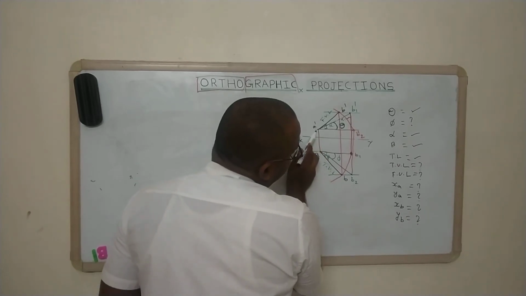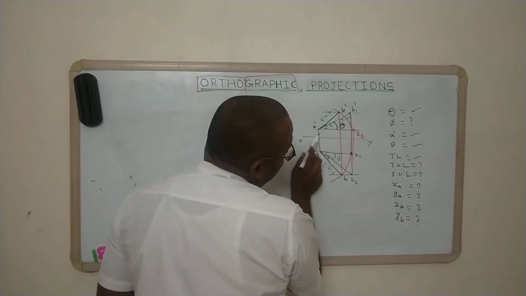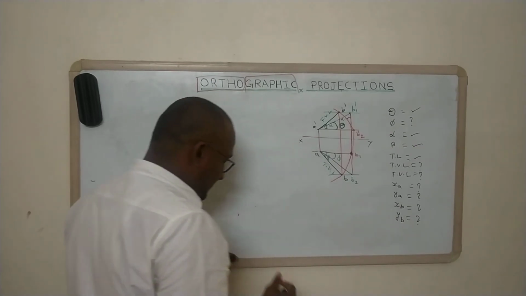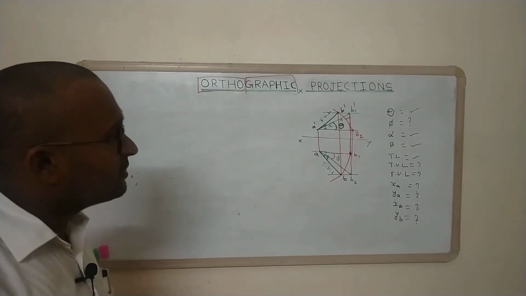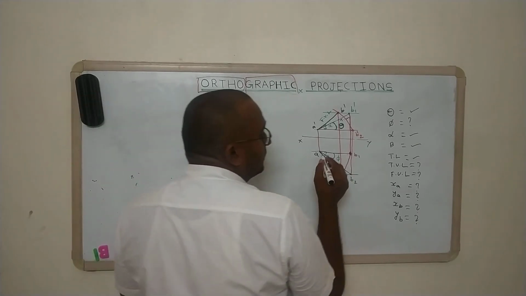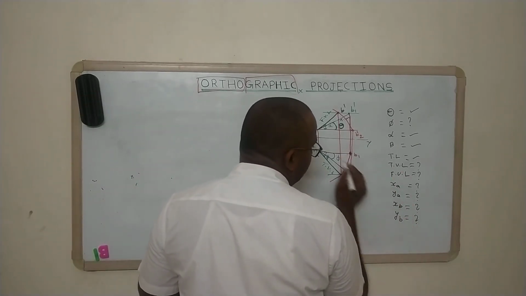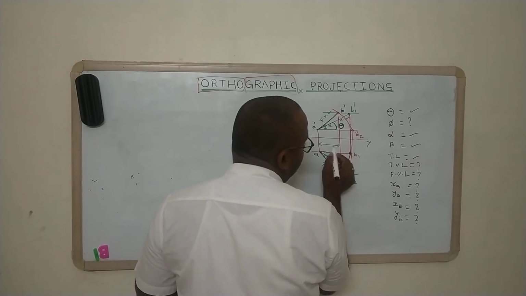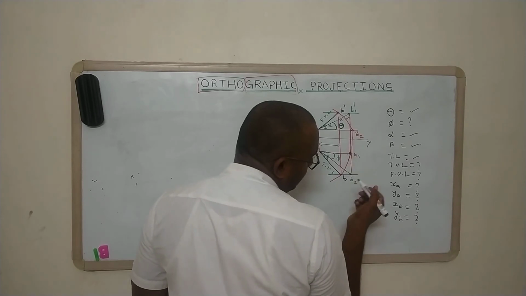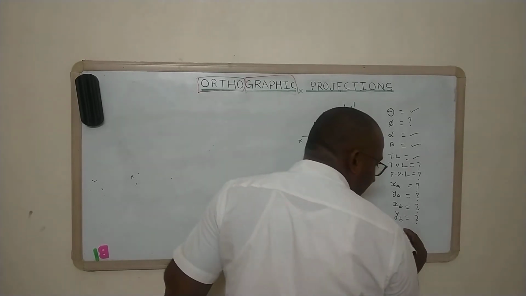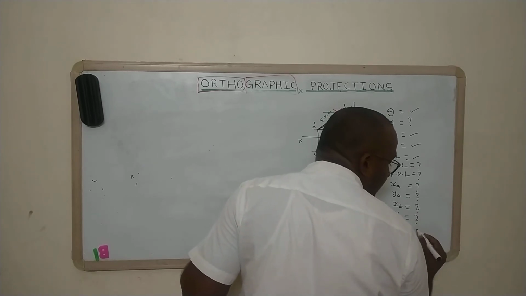Remember that A dash and A will lie on the same line, and B and B dash will lie on the same straight vertical line, that is called the projector. And then one more, this one is the distance between two projectors. Say for example with respect to Z. So Z will be given. Z is the distance between